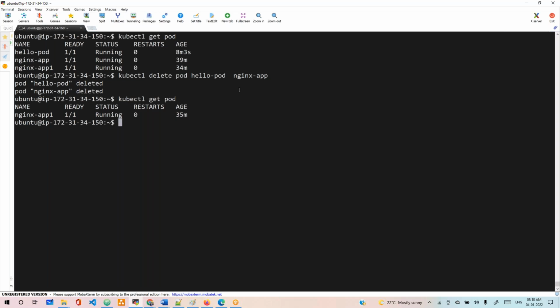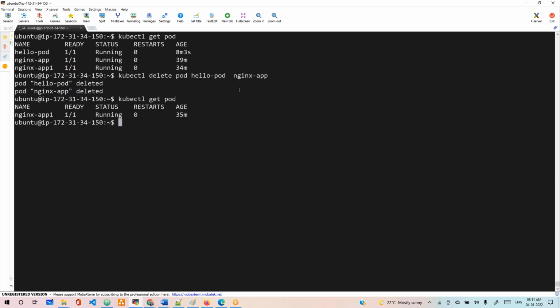Even if you delete one, one more should be created automatically. Understand? If it is not created, what happens? Our application will go down. Right? That's the reason we are using Kubernetes, to make sure your application is up and running at all times. But that concept is not